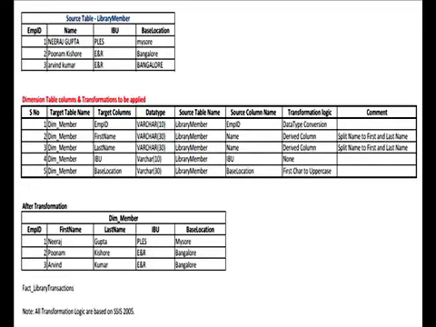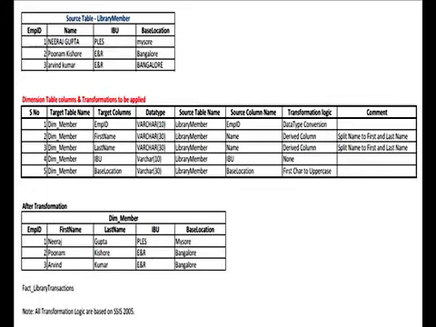Here if you see, the employee ID 1 is stored with the first name and last name. Basically first name equal to Neeraj, last name equal to Gupta. The IBU is PLES and the base location is Mysore, where M is a capital letter. If you see the source table, the corresponding value of Mysore has M with a small letter. So the M is becoming capital as a result of applying the transformation logic applied against the base location column, where it says first character to be uppercase.